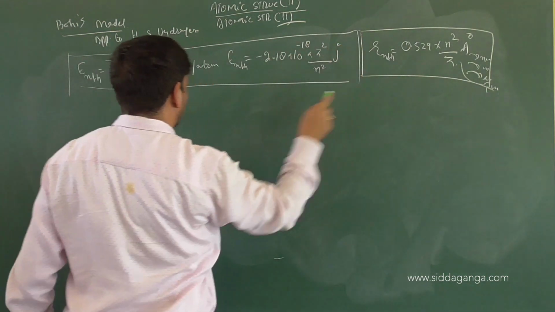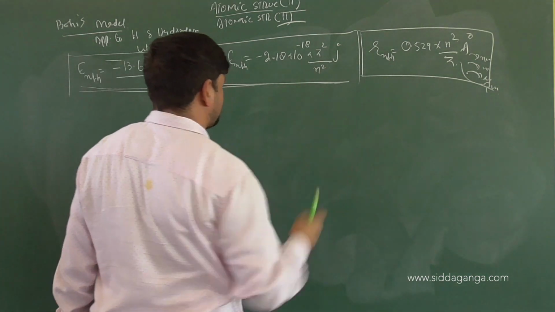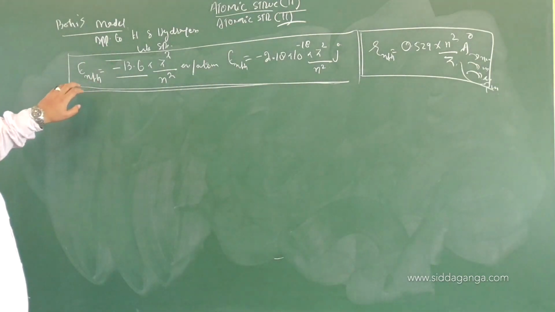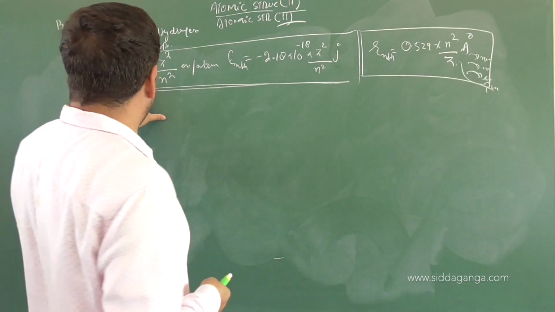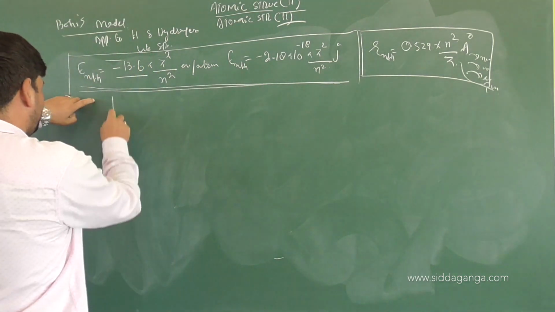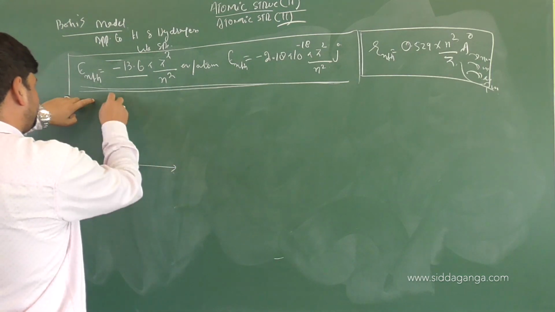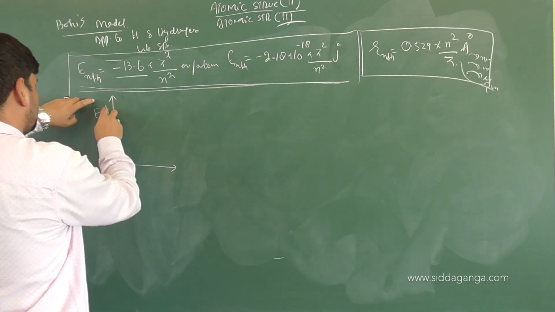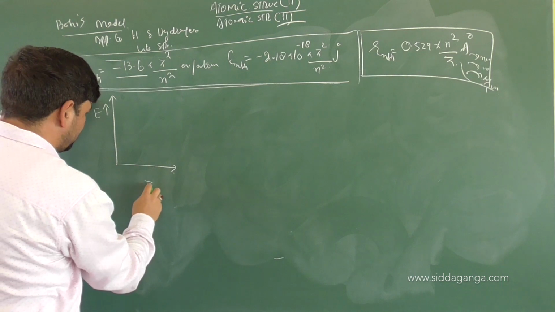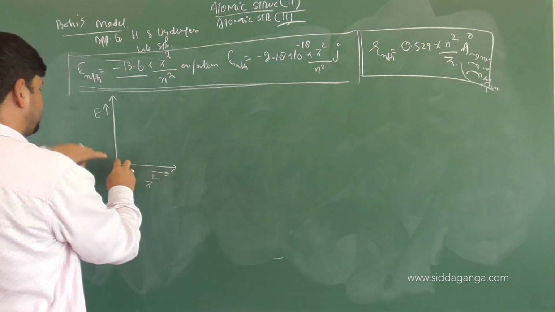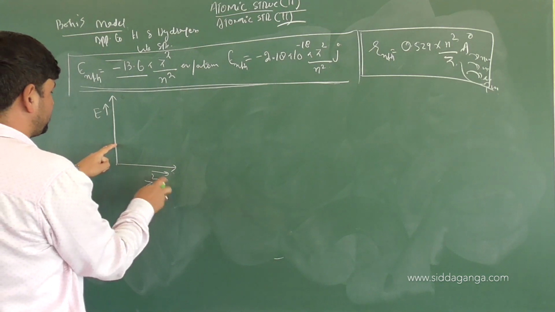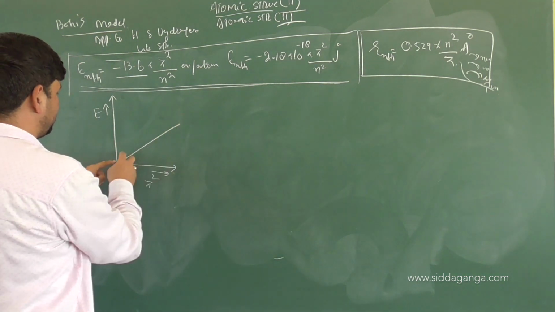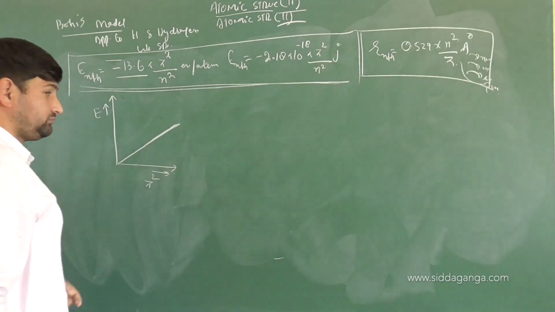Now, graph of the radius I have shown. What if I plot a graph of energy with respect to Z, directly or inversely proportional? You can see from the mathematical term here. So, with respect to the energy and with respect to Z square value, there's a direct proportionality. So, increase in E will occur, but there will be more increase of Z. So, the graph will be a straight line only, but more towards Z.